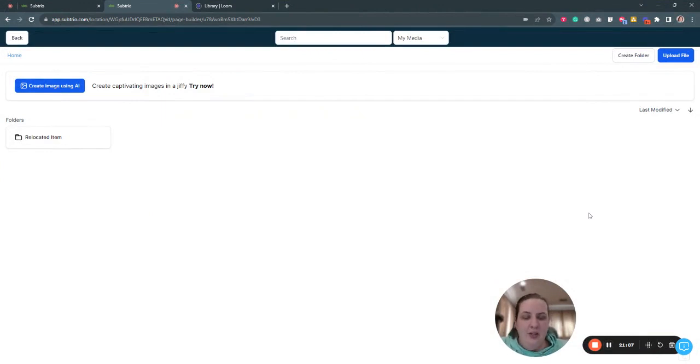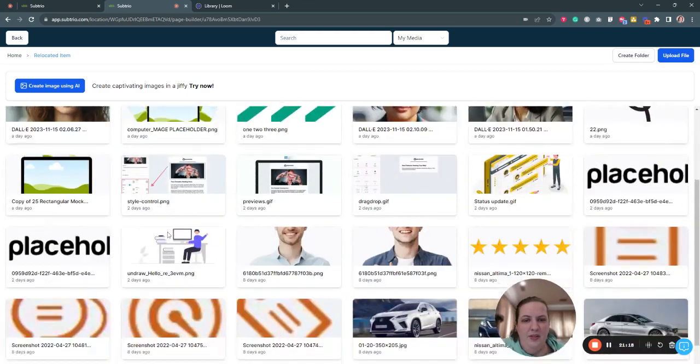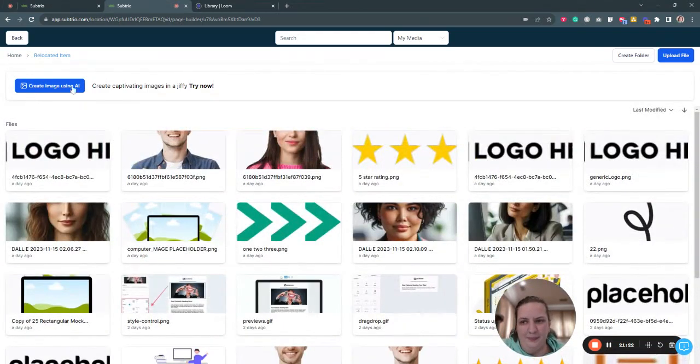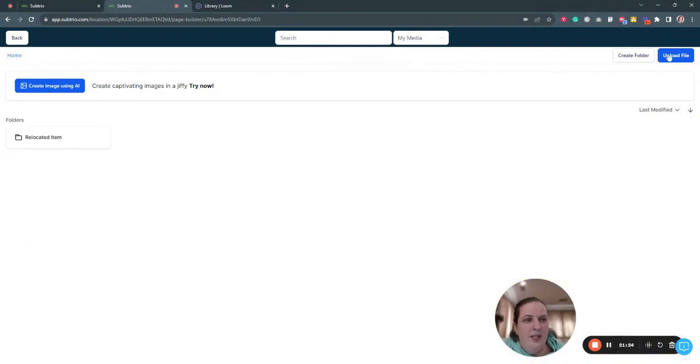Now, if you have a brand new Subtrio account, you're not going to have a lot of images in here, right? Anything that comes with the account itself is going to be in here under relocated items. So that's just going to be some generic placeholder type images. If you want to upload a new picture, you click Upload File, and then